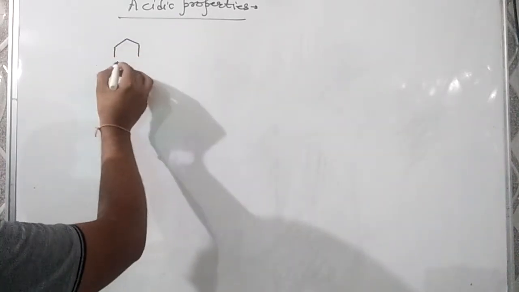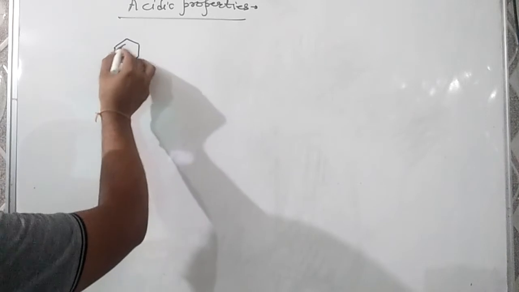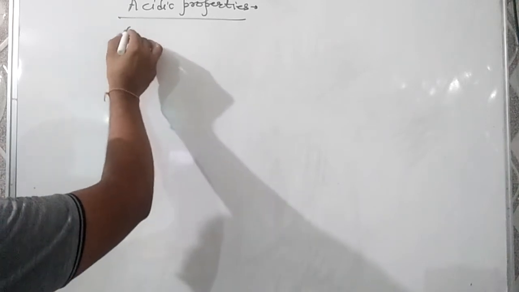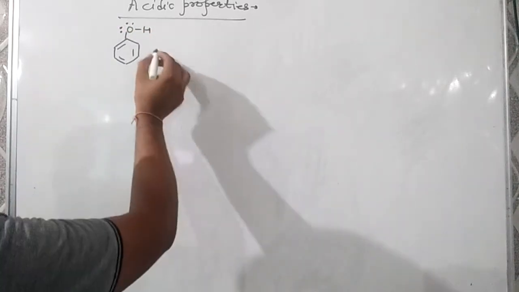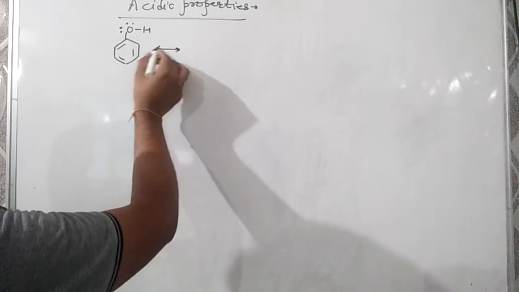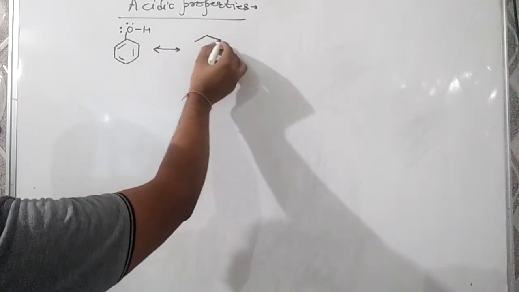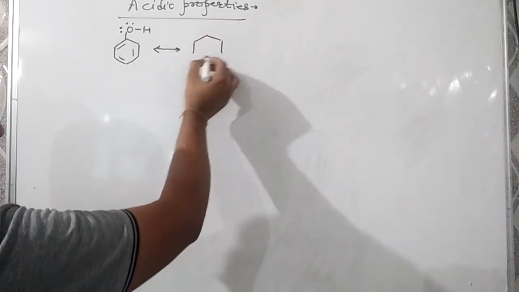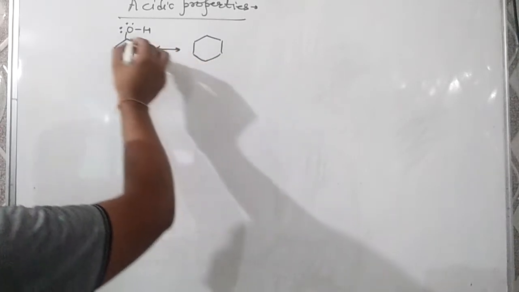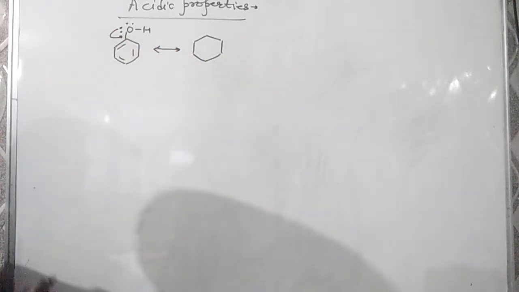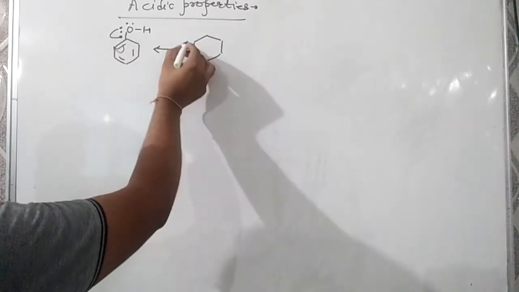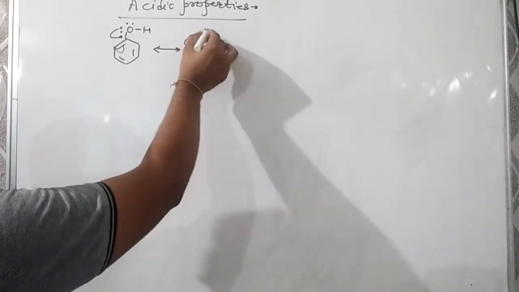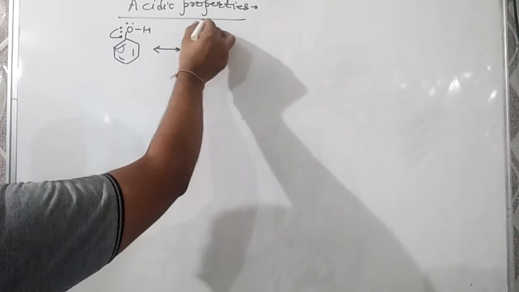As we can see, the resonating structures of phenol and phenoxide ion are 5 each, but in phenoxide ion the equivalence of structures is more in comparison to phenol. The first resonating structure of phenol will be drawn like this. This lone pair is shifted here, and this double bond is shifted to this carbon. That's why carbon should acquire negative charge, and oxygen should have positive charge.